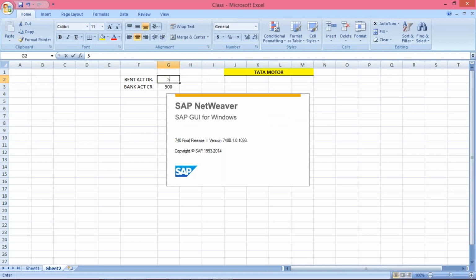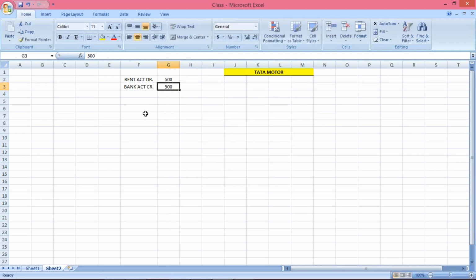500 and 500. So what will happen, guys, if you made any mistake while posting this transaction? You have given a wrong business area, a wrong cost center, profit center, or even the amount, instead of 5,000 you have given 500. Then the same accounting entry has to be posted once again with the remaining 4,500 amount,